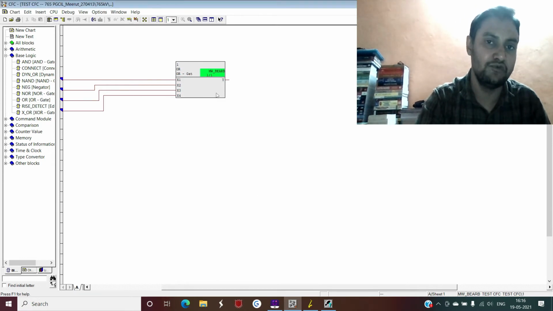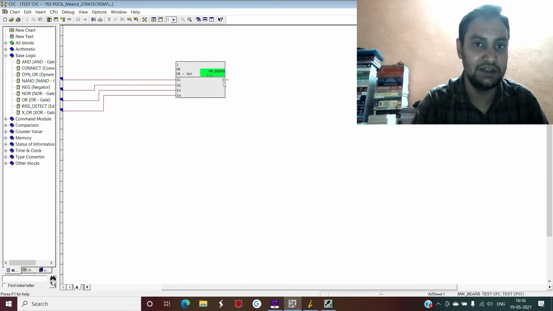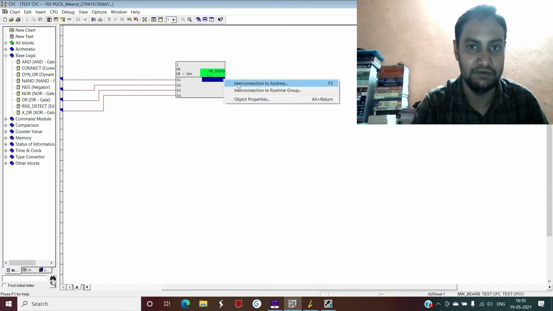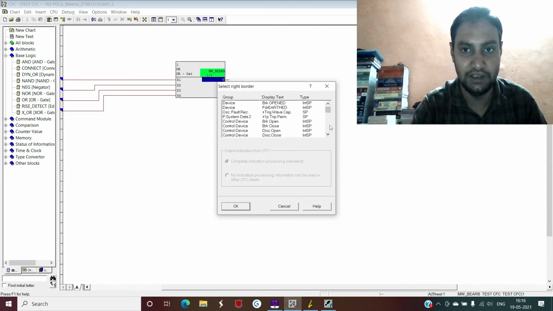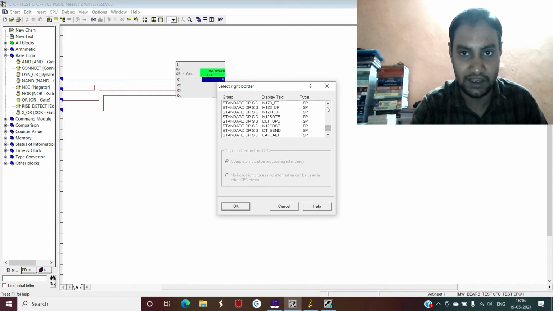So I have selected 4, and on the basis of these signals I want my output to be active, and my output is basically your demo signal. So go there, I have selected that inside the binary input tab. So I might find this inside the binary input.